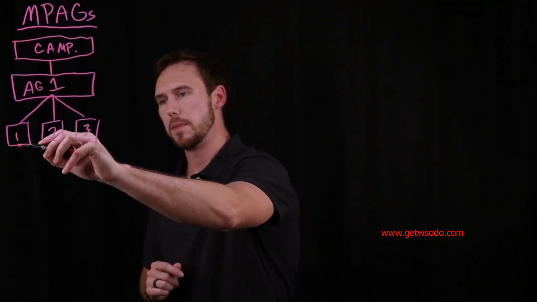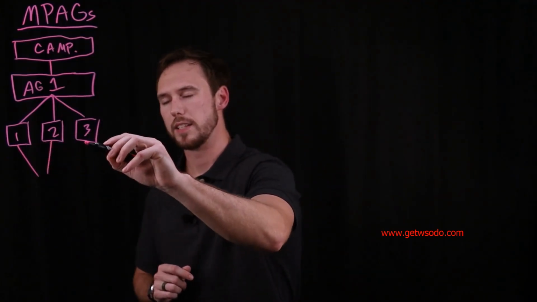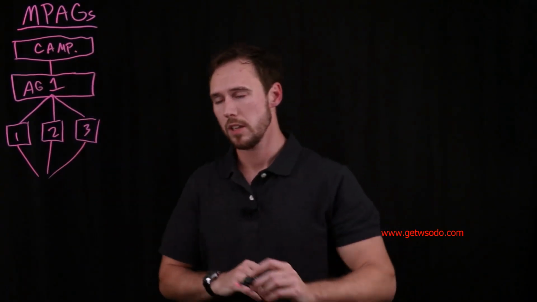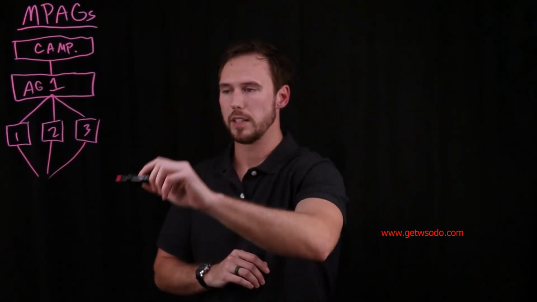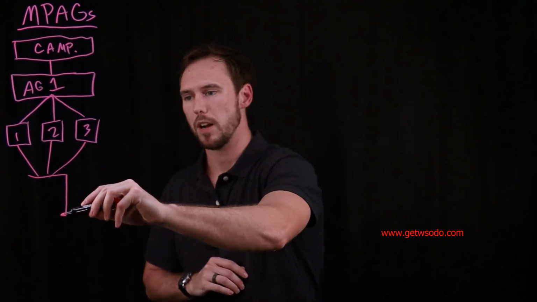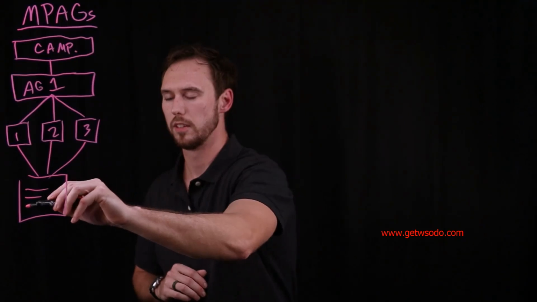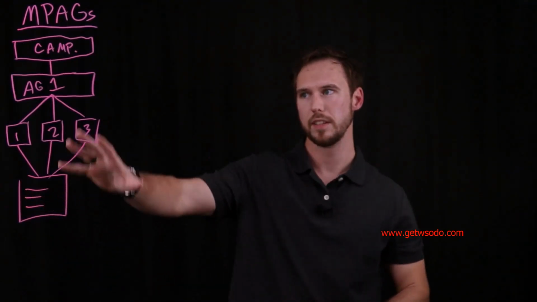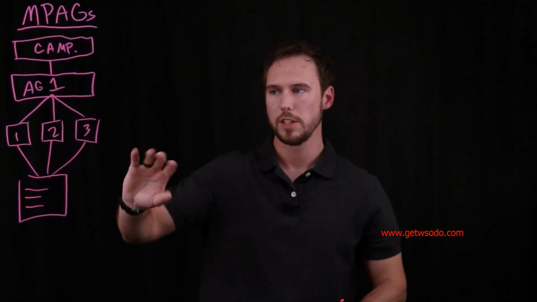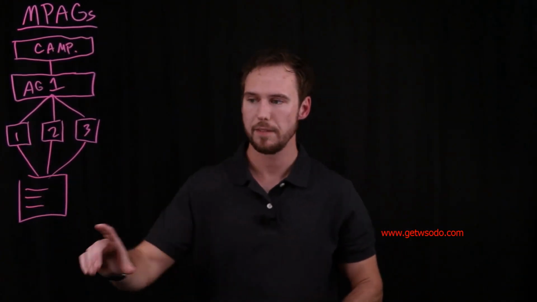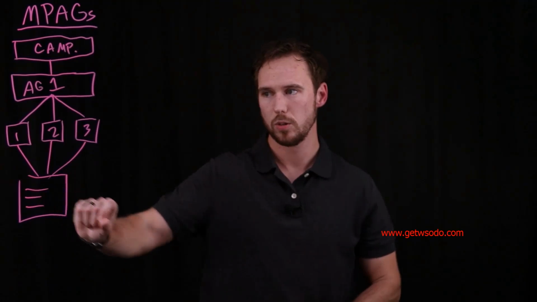So what I mean by that is if we were to break this down one layer deeper, inside your ad group, we have our products. We also have keywords. So inside a multiple product ad group, these 3 products are all targeting a list of keywords. The keywords inside of this ad group, every single one of these products is eligible to show up on these. Now, these also have the exact same bids. So let's say product